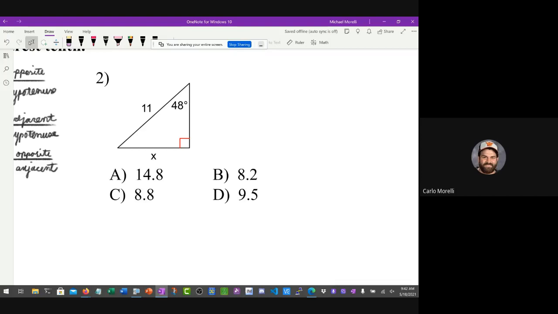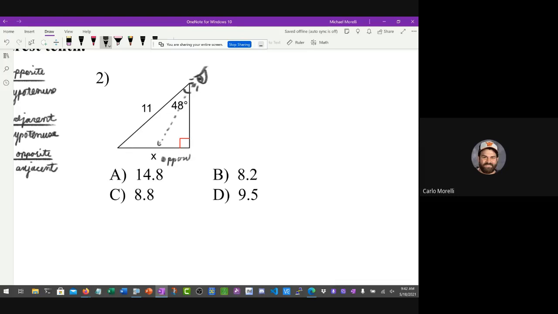Okay, now we're moving on to number 2. The very first thing we get to do is draw our eyeball. And that's going to be in the top right corner, peering down at an angle. Okay, kind of looking at this triangle from the top right corner. Okay, so they give you 48 degrees. And then if you look from the perspective of the eyeball at that, X is sitting on the opposite side of the triangle. So you want to write next to the X,